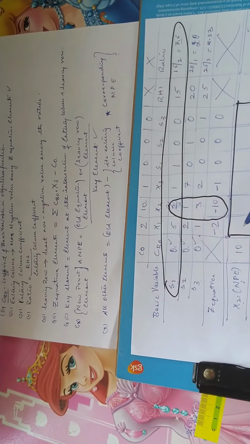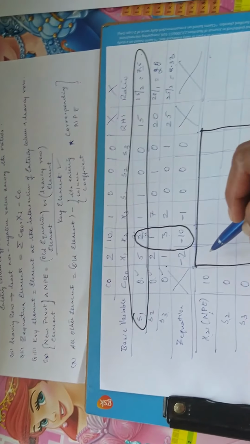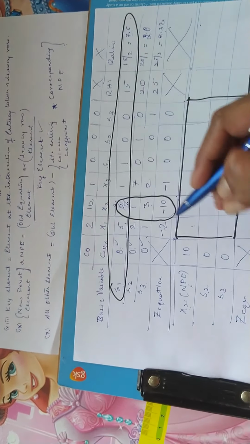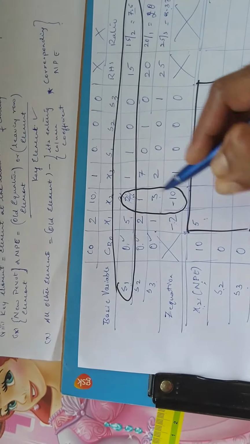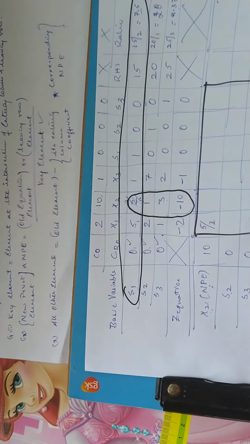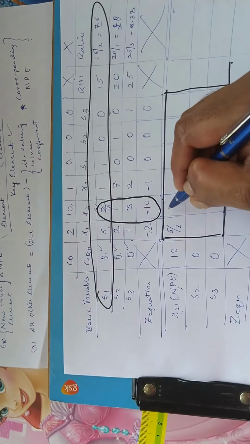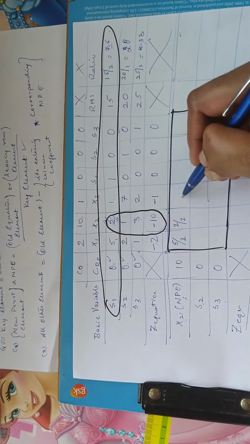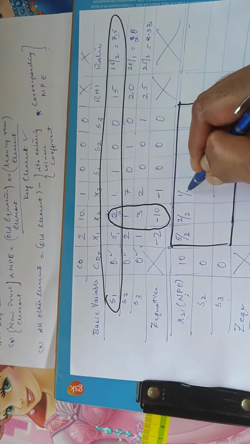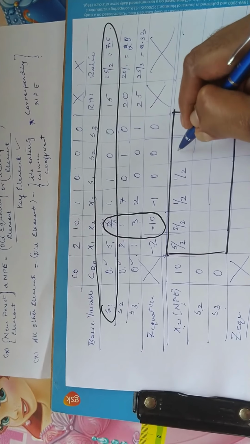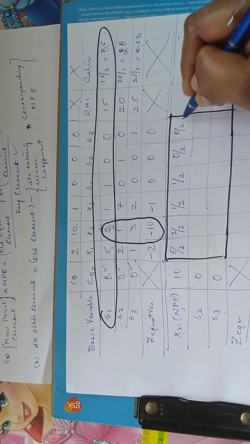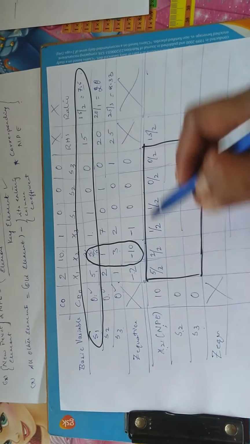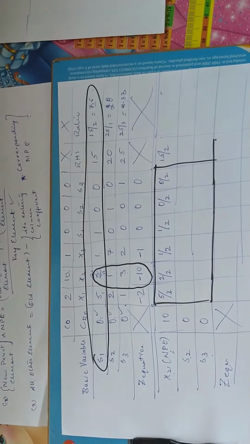In order to find the new pivot element values, the value which was in this position in the first table is called the old element, so I'm going to write it as 5 divided by the key element, so it becomes 5 by 2. The old element here is 2 and the key element is 2, so it becomes 2 by 2. The old element here in the previous table is 1 and the key element is 2, so 1 by 2, 0 divided by 2, 0 divided by 2 and 15 divided by 2. This is how the new pivot element values are calculated.